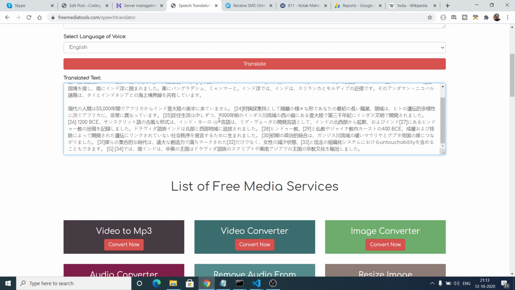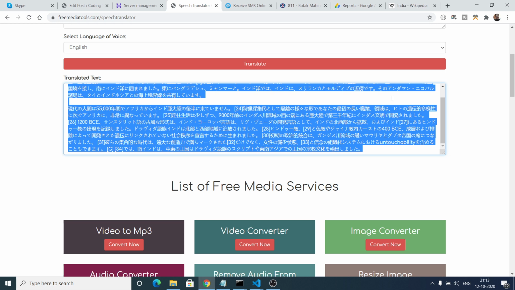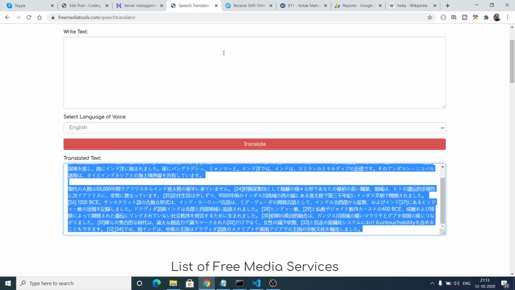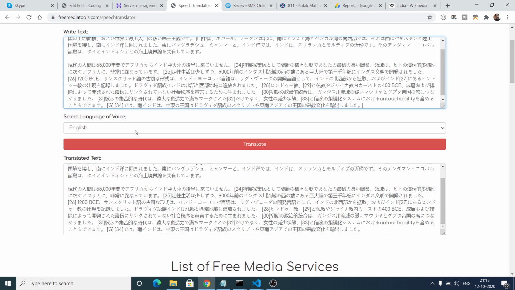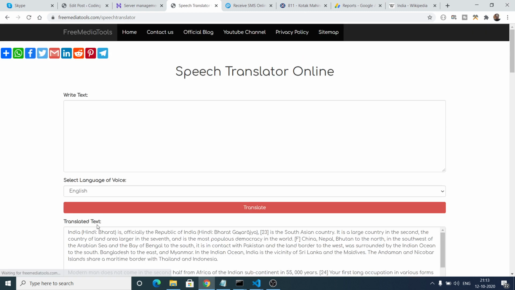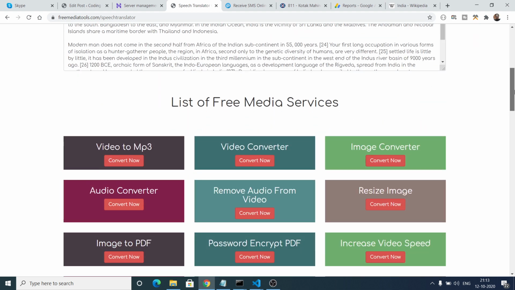So it is very simple to take as many words as you can, copy and paste them, and click the translate button, and it will successfully translate. Now if I take this Japanese version and want to convert it to English, if I click translate, it will translate to the English language.